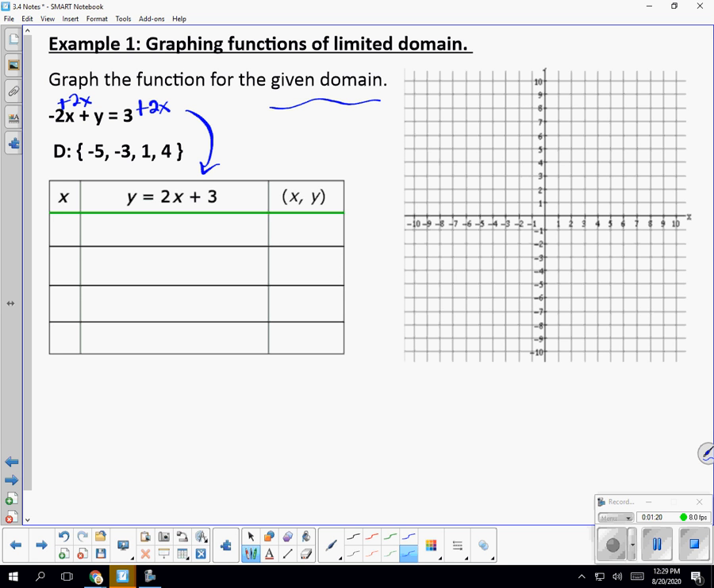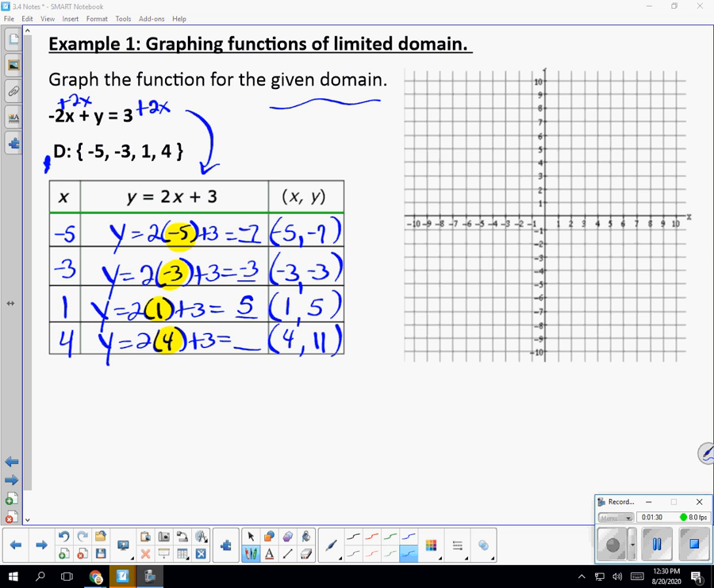And I'm going to take these domain values that I'm given, and I'm going to plug them in. So -5, -3, 1, and 4. So I'm going to go ahead and do that. Okay, as you can see, I took my domain values and I plugged them in to the equation. I took the x out and put the domain value in each equation, here, here, here, and here. And I have these output values. So this makes my ordered pair